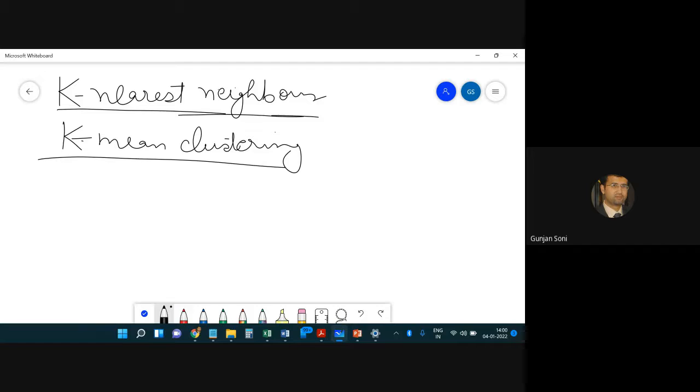Now, k nearest neighbor is a supervised learning algorithm, and it is very simple and very popular because of its simplicity. So first we are going to deal with k nearest neighbor. We also call it KNN. What we'll do is we'll try to solve it by hand. We'll go into the formal steps and all later. First we'll solve it by hand, and the steps and the formalization can be done later.